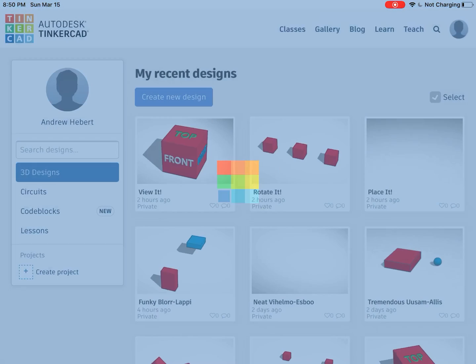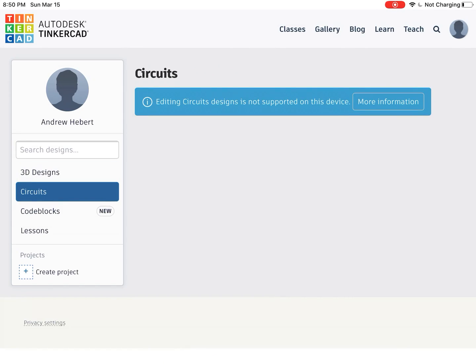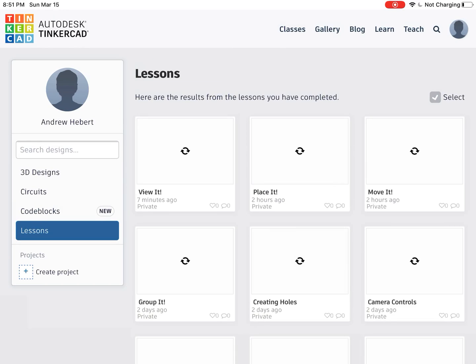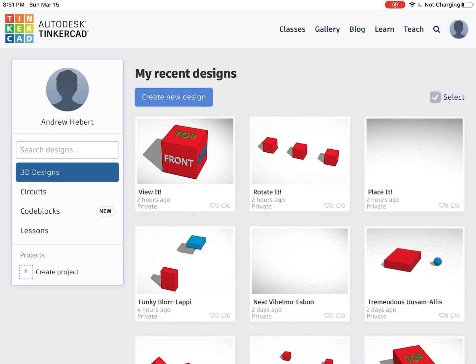Be patient. All right, so I just want to point out that TinkerCAD is really cool. If you accidentally click over here on the left to circuits, you can't do circuits on an iPad. There's actually coding, and there's different lessons. We're going to focus on 3D designs, okay? And on the top, you'll see classes, gallery, blog, learn, teach. You're going to click on learn,